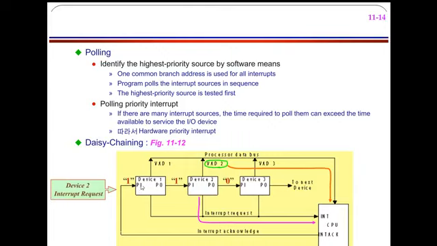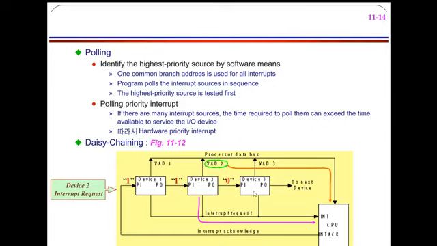Chain fashion is nothing but device 1, after that device 2 will be connected, after that device 3 will be connected. It's like a chain pattern. So what happens? Always device 1 will get the service first, next device 2 will get the service second, and next device 3 will get the service. After device 3, device 1 will get the service again, then device 2, and then device 3.